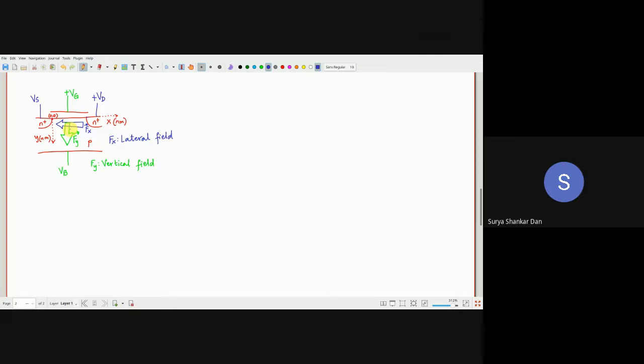All the electrostatics, please note my word. This is getting recorded so that you can even make notes later on. The behavior of the long channel MOSFET is primarily determined by Fy. Behavior means electrostatic behavior. However, Fx will be instrumental for the carrier transport in the MOSFET. So the currents in the MOSFET will be generated because of Fx. The electrostatics of the MOSFET will be generated because of Fy.